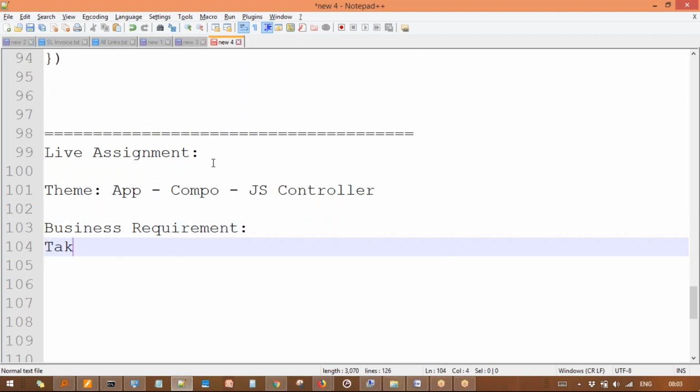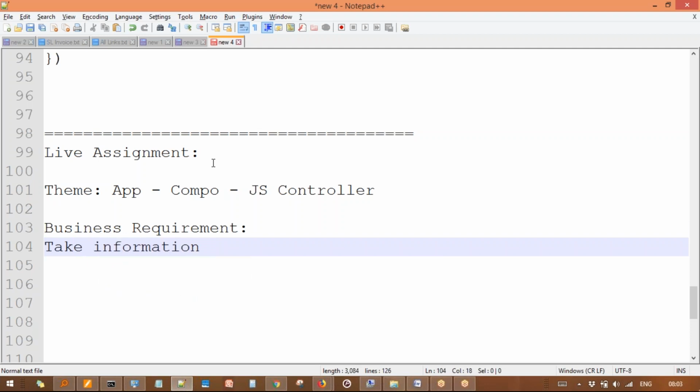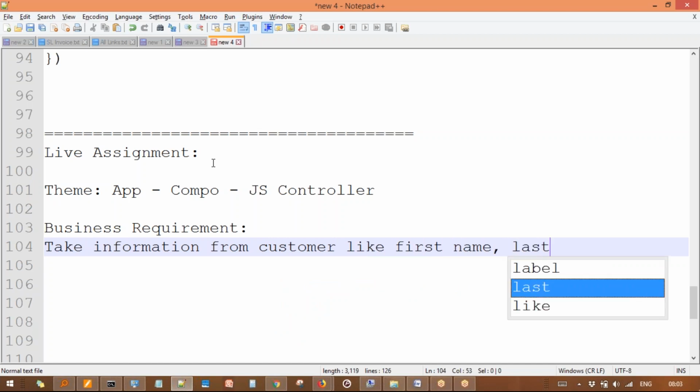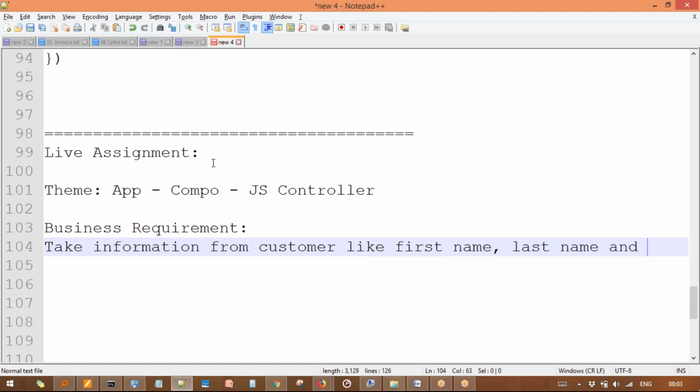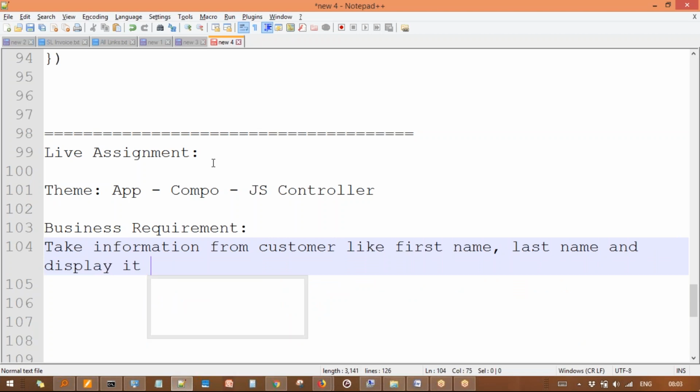Business requirement: take information from the customer, like first name and last name, and display it like